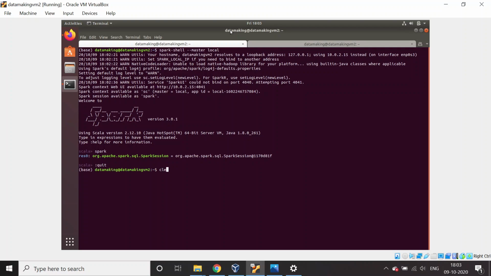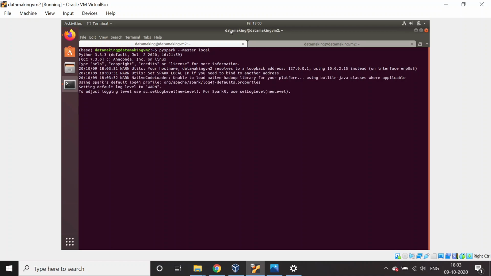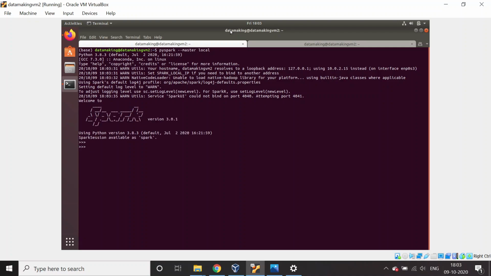Now I'll show you PySpark. Similarly, pyspark --master local, which goes to local mode. It's going to launch the PySpark CLI. I'm using Python version 3.8.3, an Anaconda distribution of Python in this VM. You can just type spark and the Spark session is there. Let's create some RDD and print it.